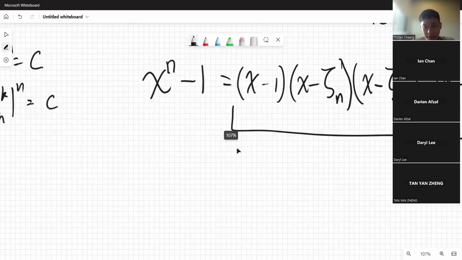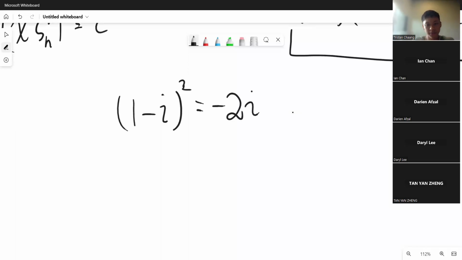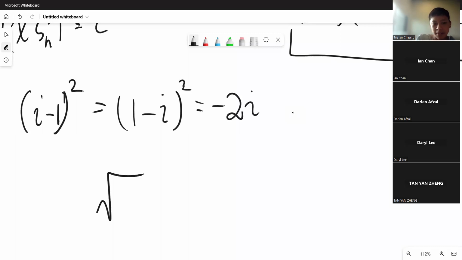Also, a last thing to say is about square roots. For example, 1 minus i, squared, if you write it out, I think it equals minus 2i. But also i minus 1, because minus 1 squared is 1, obviously. Unlike in real numbers, where we can define this very nicely, like this is supposed to be the solution,